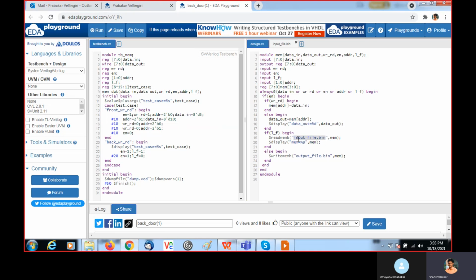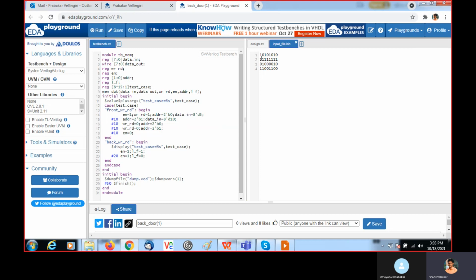Whatever we put inside this input_file.bin, everything will be loaded to mem. Mem is nothing but the memory. So input_file.bin we created here, and we are keeping some binary values here.